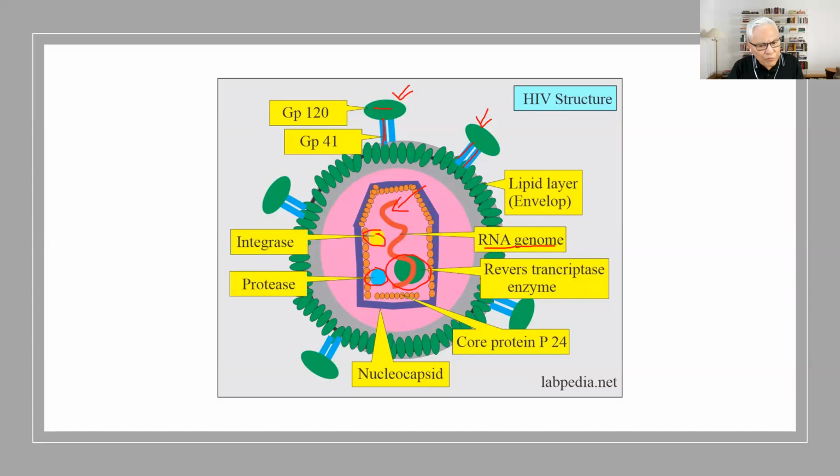All right, so the first enzyme is integrase. What is this integrase? This is an enzyme that helps or facilitates the integration of the DNA of the virus into the host cell's DNA. So this is a very critical step for the virus replication, as it ensures that the viral genetic material is passed on when the cells divide. Now, what are these proteases? Proteases are the ones that are going to be like